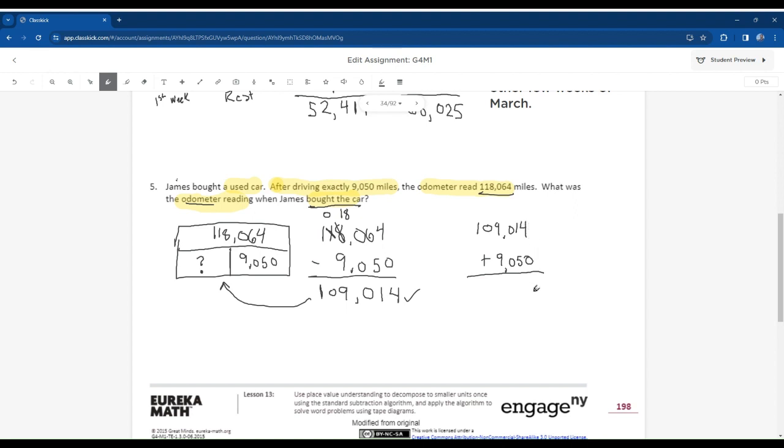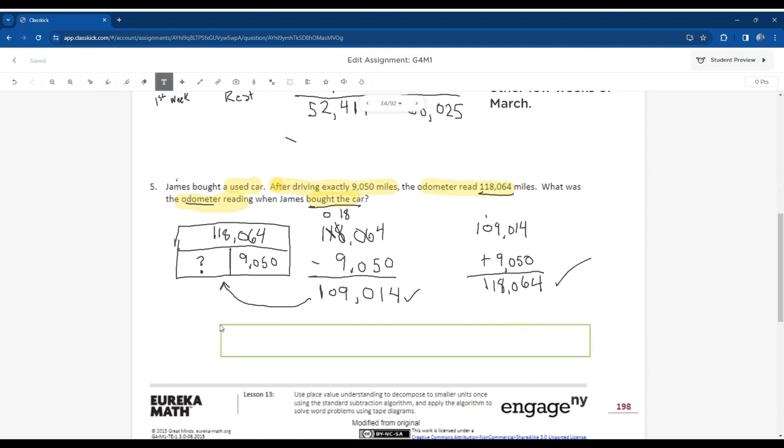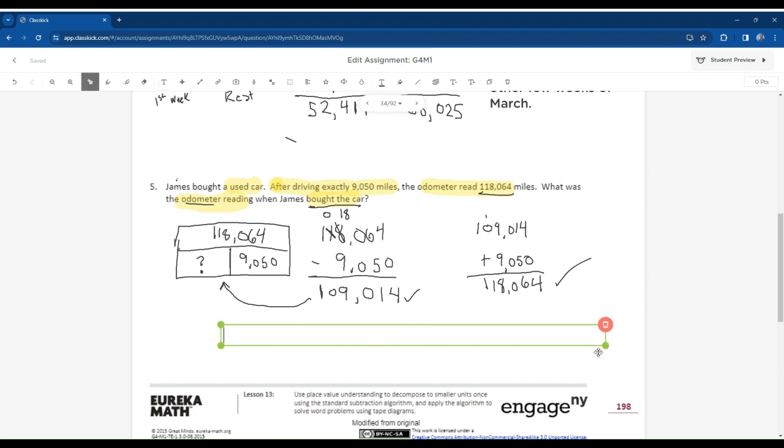So 4 plus 0 is 4. 1 plus 5 is 6. 0 plus 0 is 0. 9 plus 9 is 18. 1 and 1. So we know our answer is correct. And to put it in a sentence, we could say there were 109,014 miles on the car before James